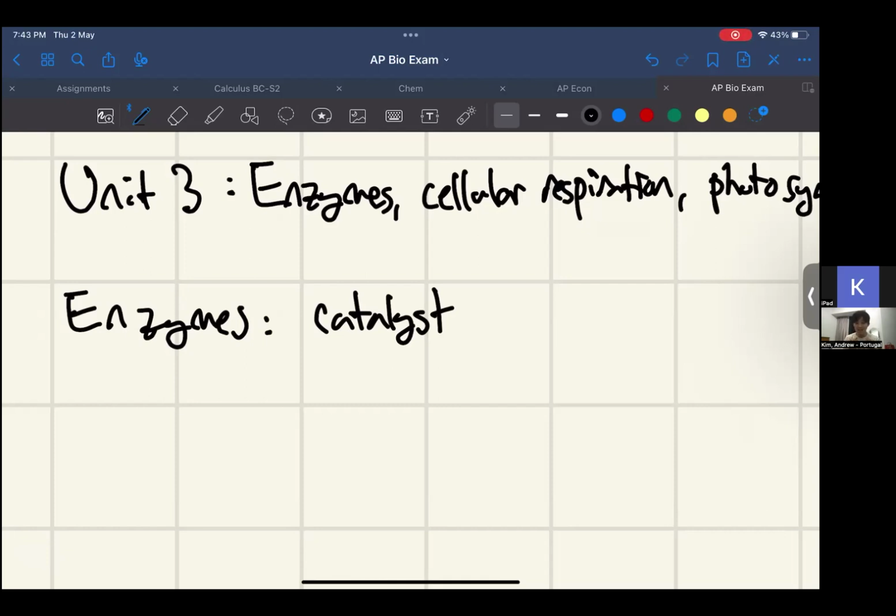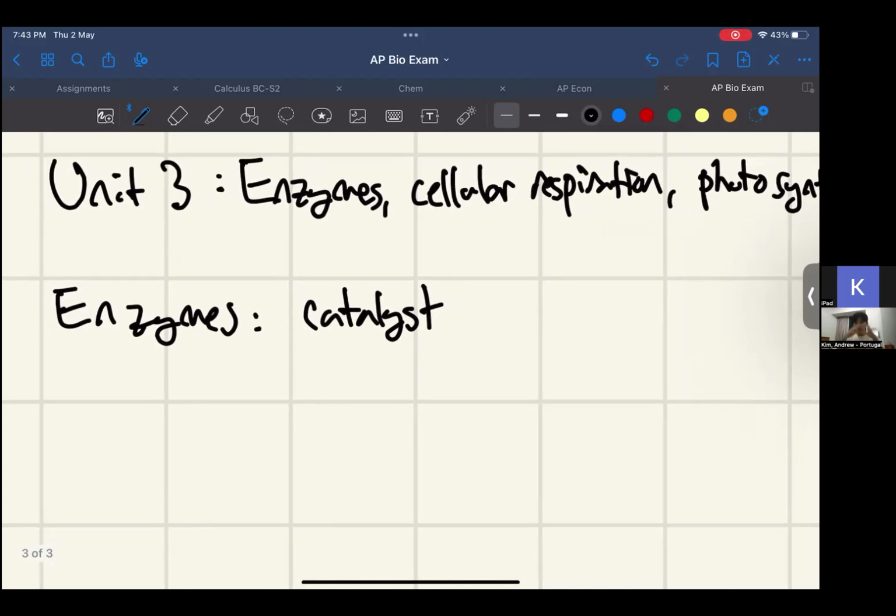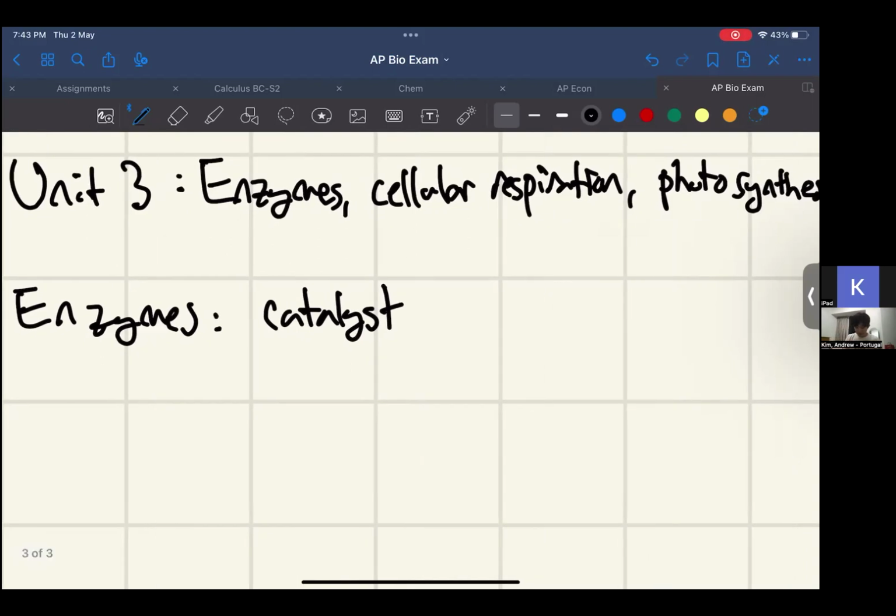But the catalyst that we're talking about over here is something that can catalyze a reaction. Now, what does catalyze mean? It means promotes. It means to support, to make something happen more easily. So when we're in a bio perspective, catalyst means something that makes a certain chemical reaction happen more easily. So the definition of enzyme would be a catalyst